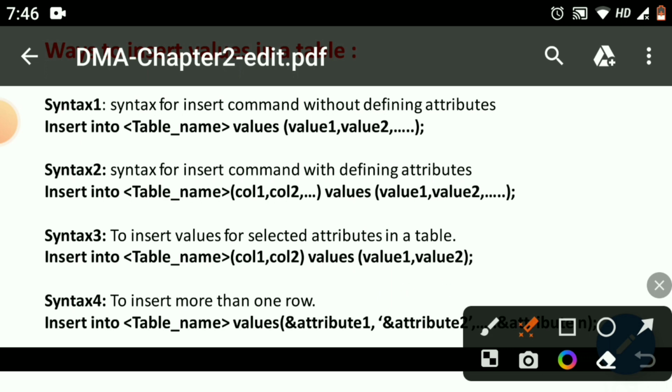And the very fourth way is insert into table_name values ampersand attribute 1. If it is a character, then in single quotes we'll write ampersand attribute 2 and ampersand attribute 3. This will display the values to that particular attribute.